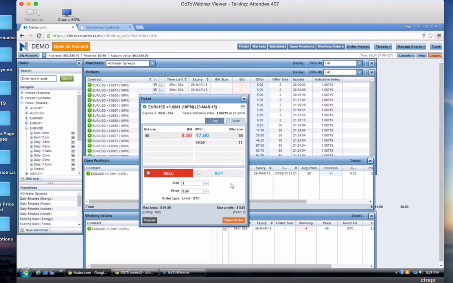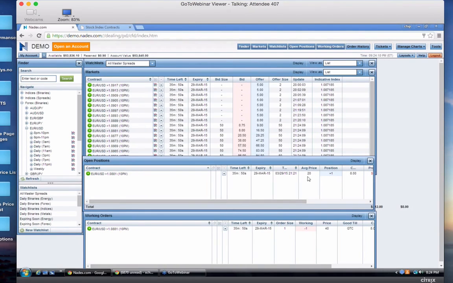Right. Okay. So on this position here, we executed this Euro USD greater than 1.0881. It's going to expire at 10 p.m. When we put it on, we bought one, and $20 was the cost. That is the maximum risk you have. So when you're putting these on and you're comfortable with the risk, you can go off and do whatever you want, lunch or golf or whatever. Depending on how long the duration is, if it's a daily, maybe you check it at noon. If it's going to be expiring in 35 minutes, well, you don't have a lot to do.